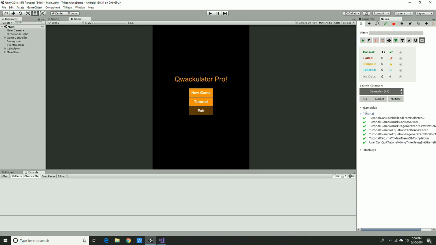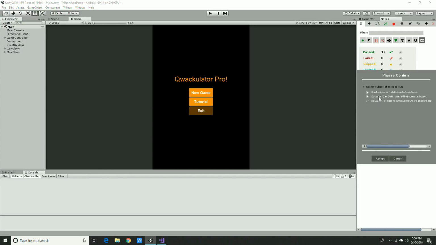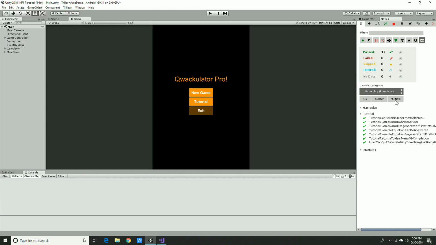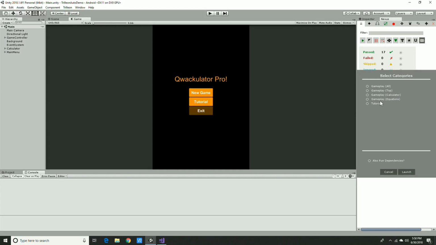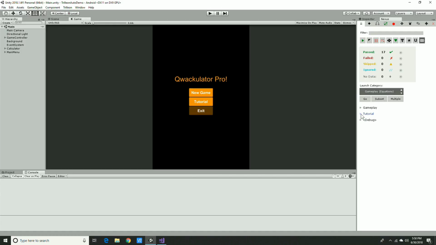Additionally, you can launch tests by selecting the category names here, and once you've selected that, you can just launch all of the tests under that. You can choose a subset of the categories that you've chosen, and you can either launch one, two, whatever you wanted to do. You can launch multiple categories using that, and then